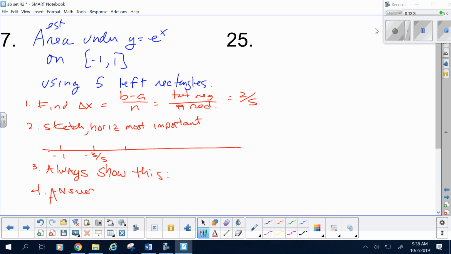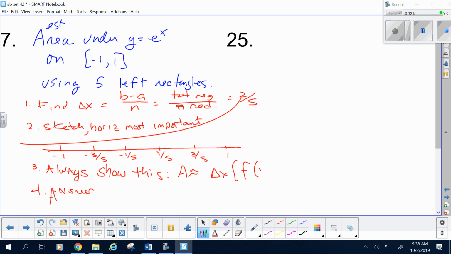-3/5, add 2/5 to get -1/5, add 2/5 to get 1/5, add 2/5 to get 3/5, and add 2/5 to get 1. All right. The curve, if you like, is in here, and that's great. But again, for left and right, I don't really even need to see it, quite frankly. All right. When you go to set up the area, you should always